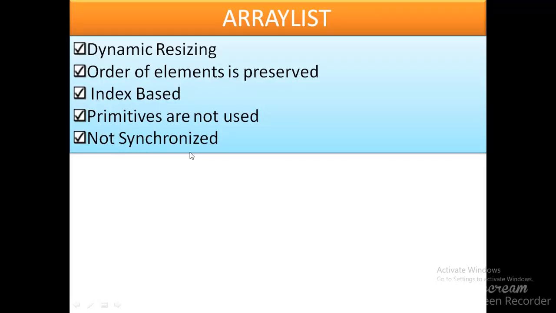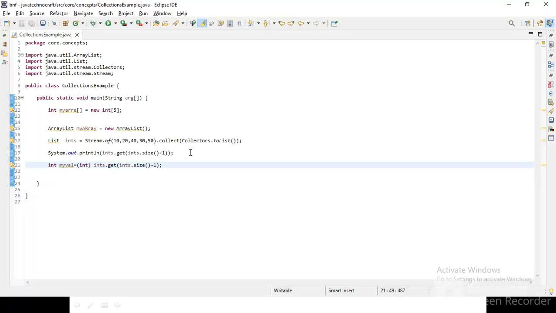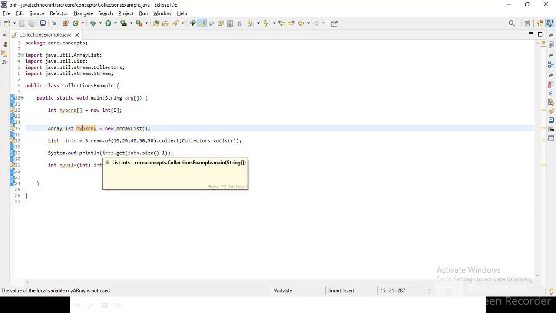It is also not synchronized. Synchronization, as we discussed earlier, if you do not know what synchronization is, please look into my previous video which talks about synchronization. See, we have an ArrayList, my array. If there are 10 threads that are accessing this array concurrently, the data inside the array will get